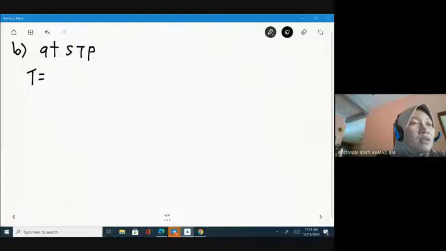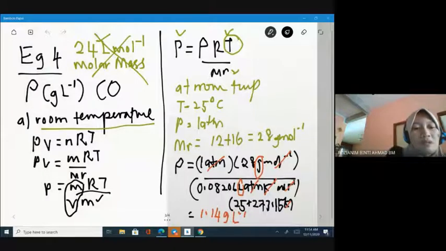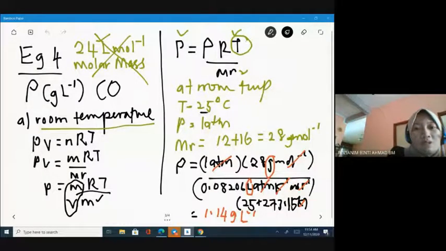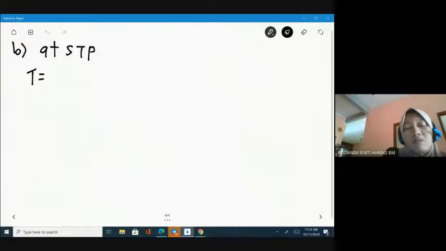If it is the standard temperature and pressure, what is the value of the temperature? At room temperature, it must be 25 degrees. So if the standard temperature and pressure, what is the value for temperature? It must be